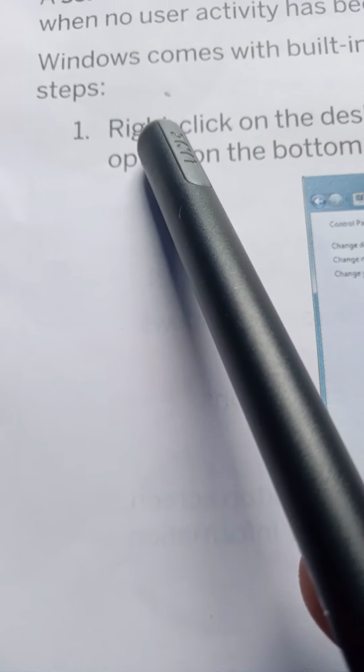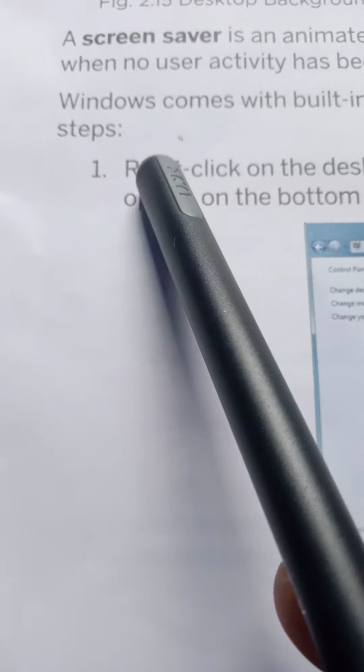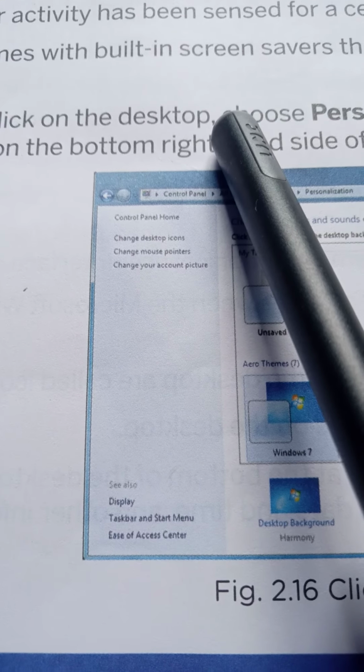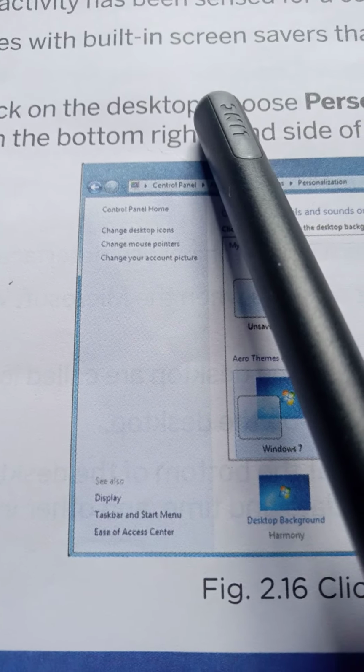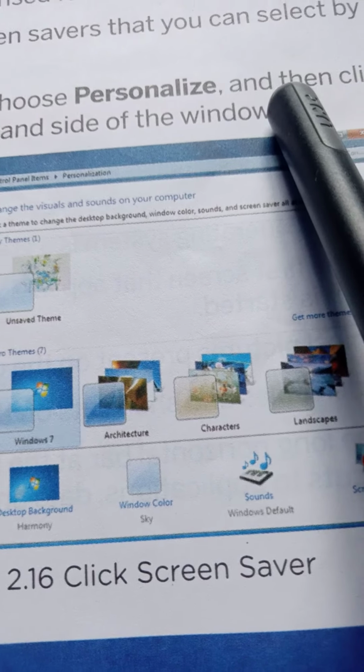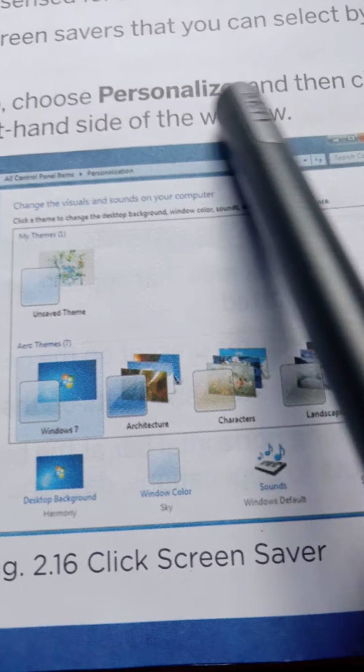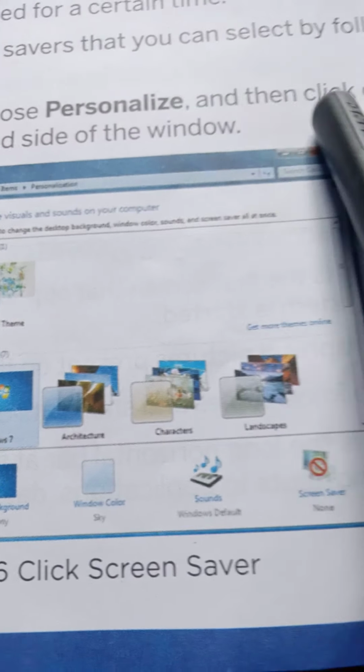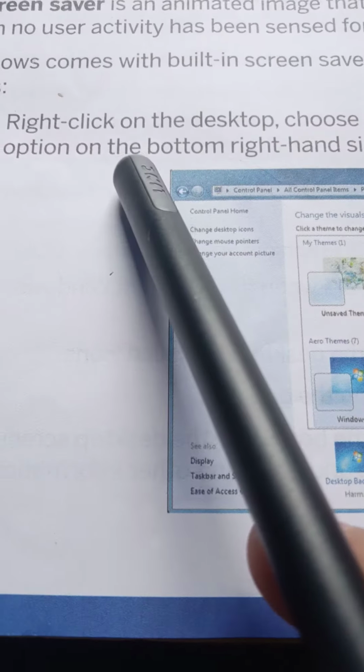But you first introduce the screensaver system. How can you introduce this? Right click on the plain area of the desktop. Right click, choose Personalize like before. Choose Personalize, and then click on Screen Saver.